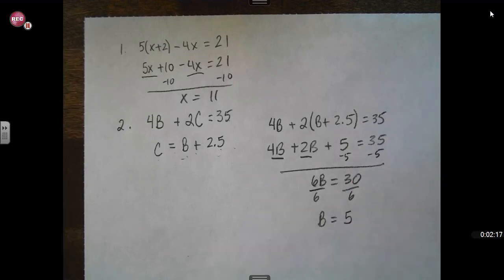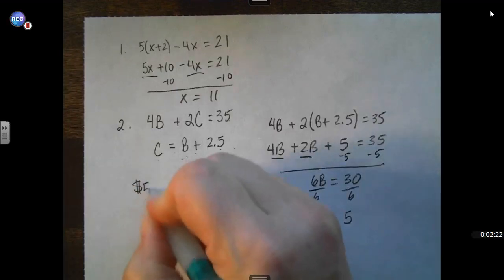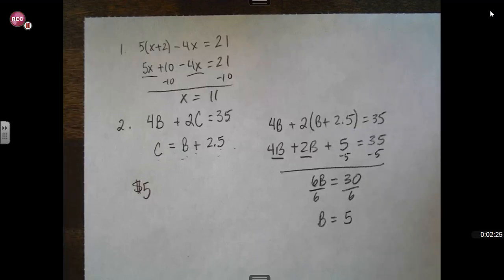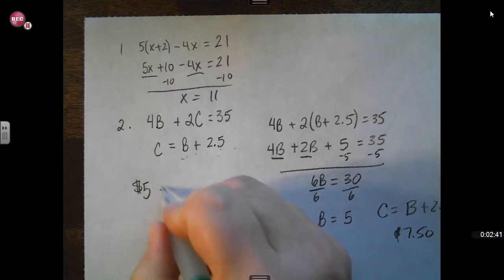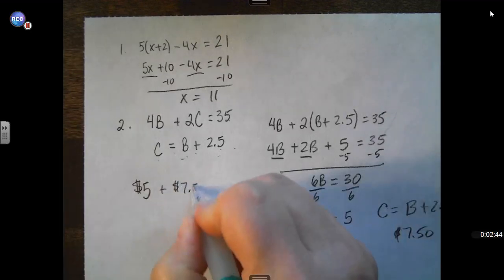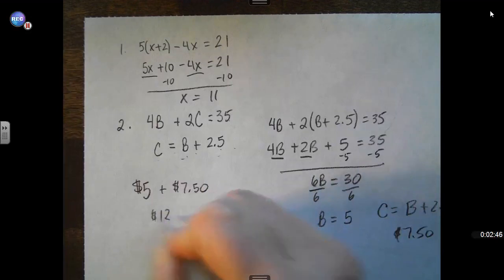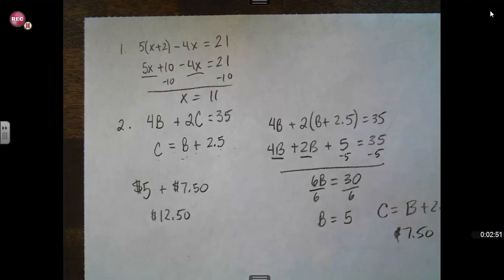And let's see, what is the combined cost of 1 loaf of bread and 1 packet of cheese? So the bread is $5. And a packet of cheese is the bread plus 2.5. So a packet of cheese is $7.50, right? So a loaf of bread plus a packet of cheese would be $12.50. So that's one where we had to take our answer and take it a step further and find out